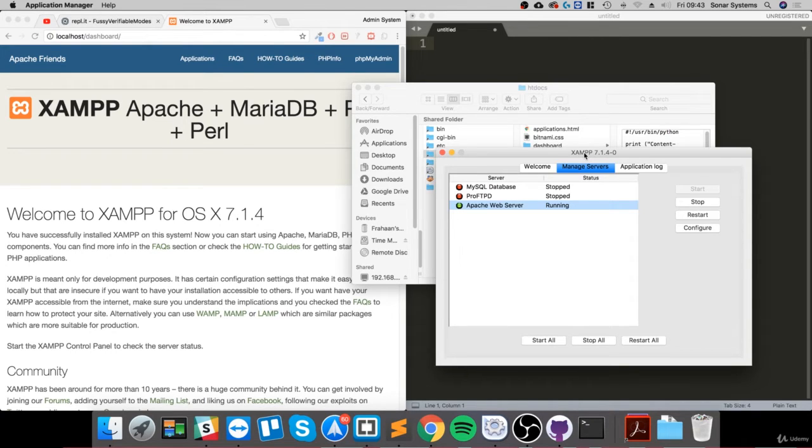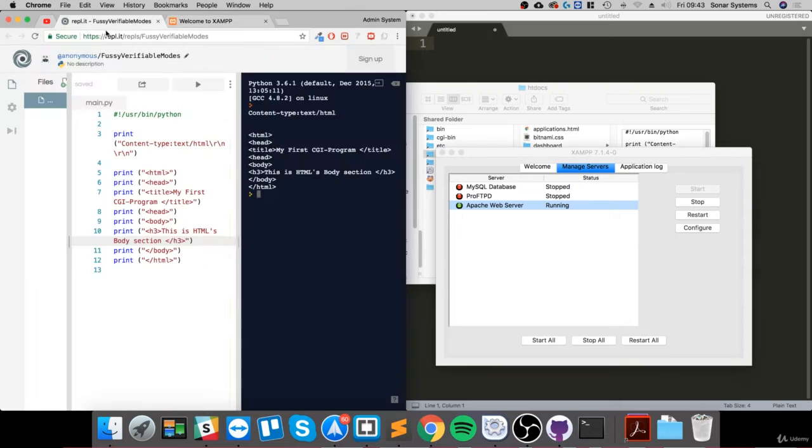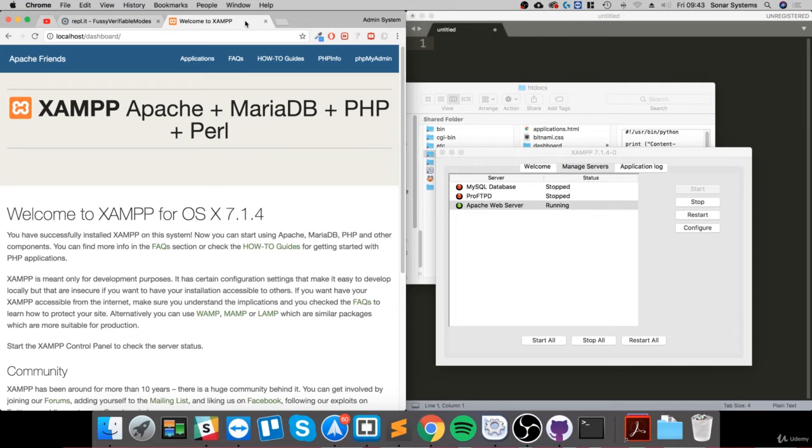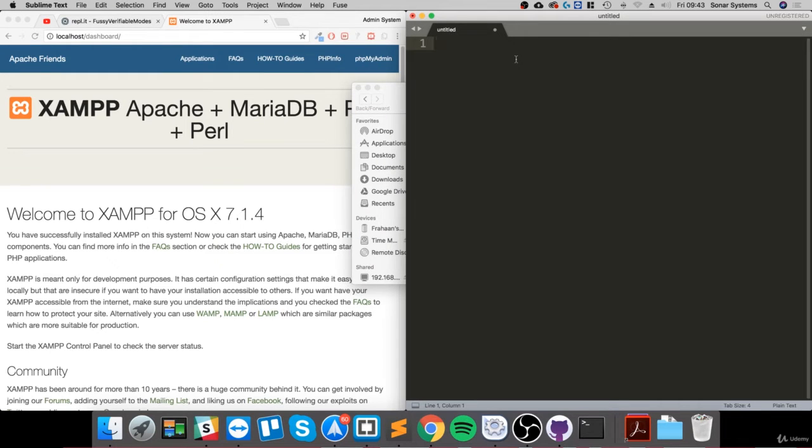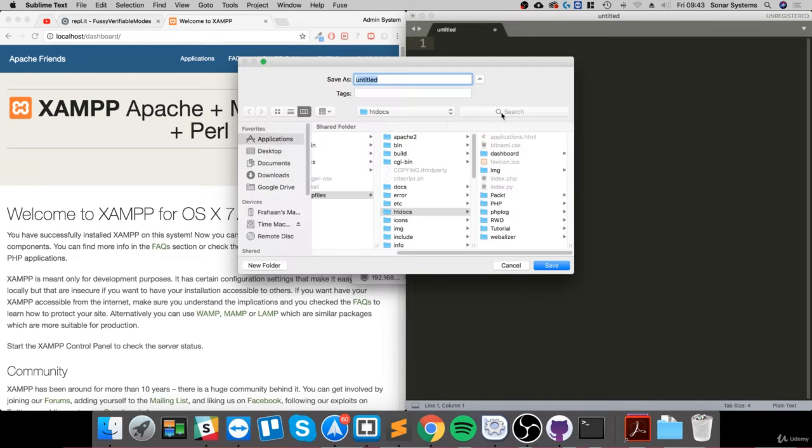So now that the prerequisites are out of the way, we're not going to be doing it in the online IDE for the CGI programming section of this series, because this is basically what we're going to be writing, and as you can see, it just doesn't print out what we want. It doesn't print out a web page because that's just a terminal, just a command line interface. So we've got a local server whipped up and our htdocs right here. In here, what I'm going to do is save this file first,